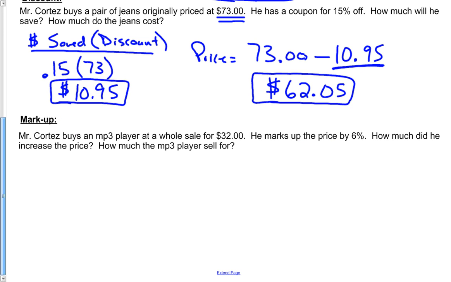Now similarly, we're going to do markup. Same type of problem. Mr. Cortez buys an MP3 player for a wholesale price of $32. He marks up the price by 6%. So here it is again, he marks it up by 6%. We want to figure out how many dollars he marked it up by. So here we go. The amount of markup, which is the amount he increased the price by,